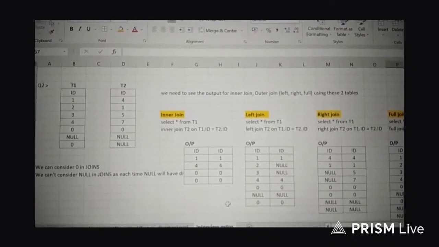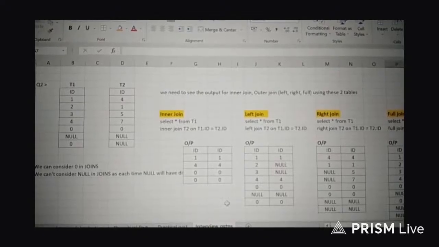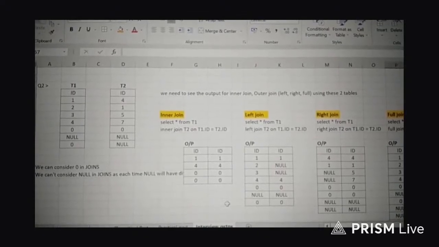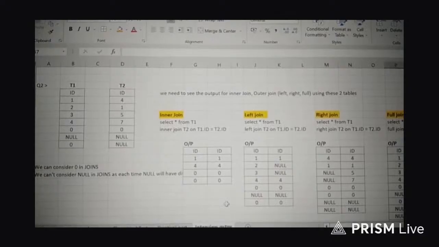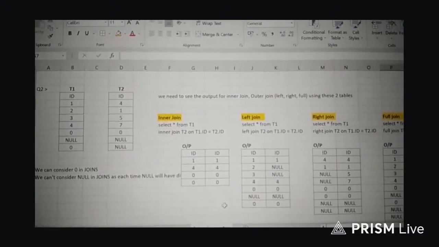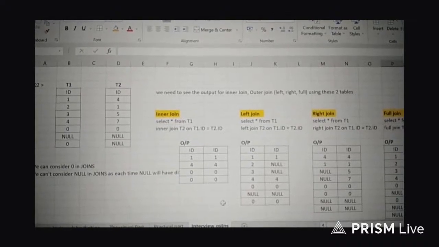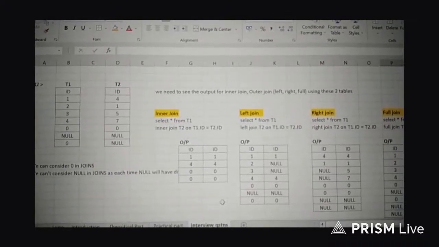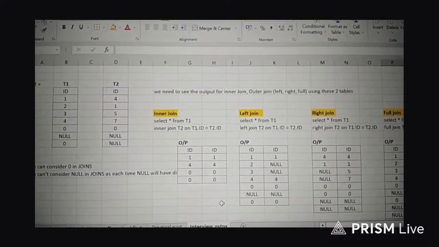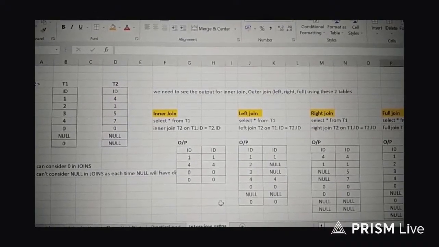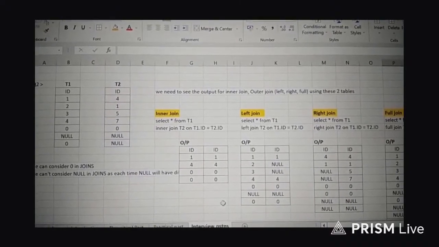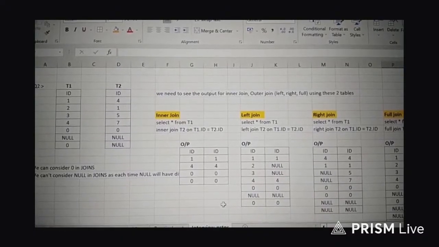We have 2, 3, null, the mismatch records in T1, and for those mismatch records, we do not have any matching value in T2, so we can see null. Another thing to remember: in the output, the first ID belongs to the T1 table, the second ID belongs to the T2 table.